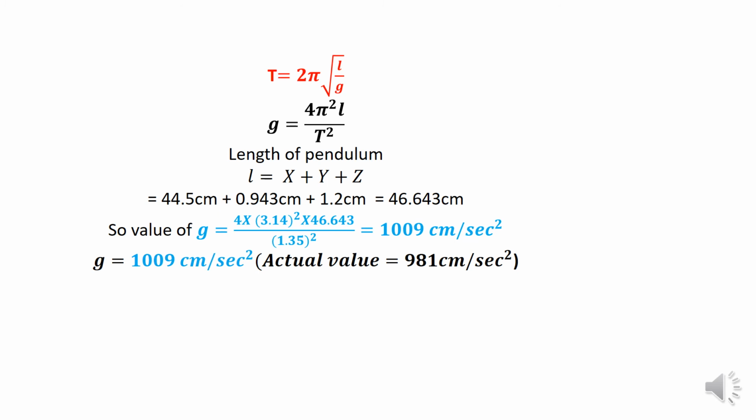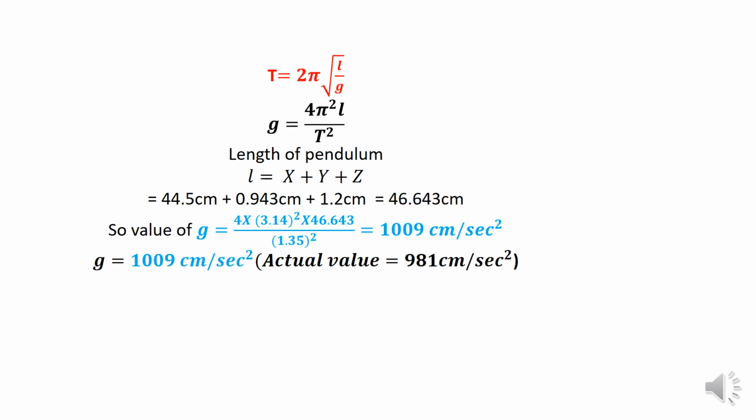So the value of G will be, you can see here, 4 multiplied by pi square, whose value approximately we have taken as 3.144, squared, multiplied by L, the length of the pendulum, that here is 46.643 centimeter, right? Then the time period T, that is 1.35, whose square we have taken. If you calculate all these values, right, then the value of G will be